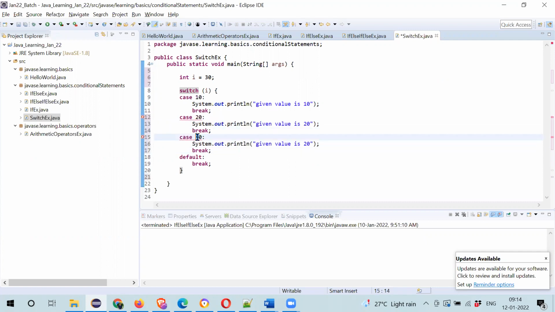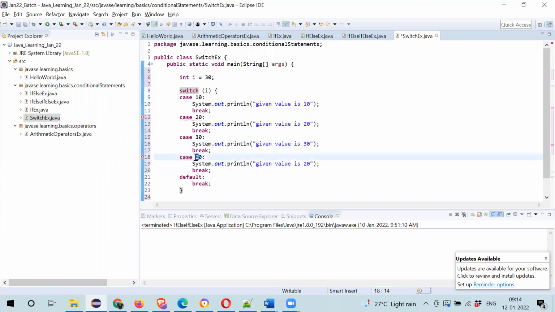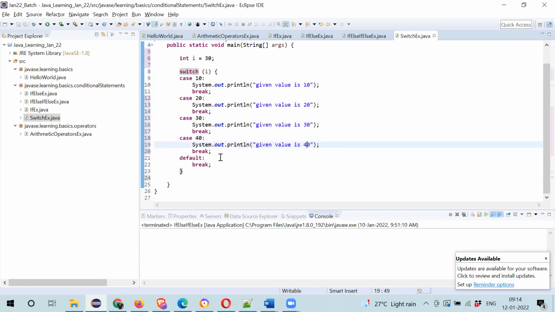This is 30. See, it is giving an error, because the same case is there again. That's why it is giving an error. At compile time itself, it is giving an error. 30. Now let me put a 40, right? And in the default case,